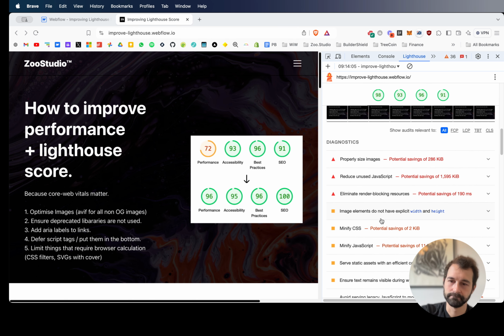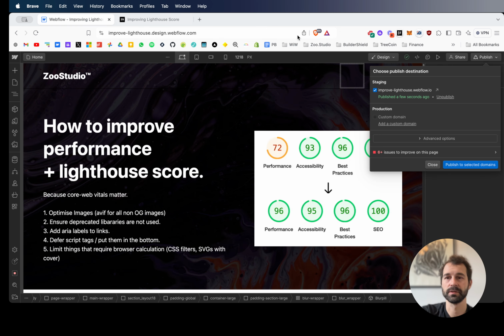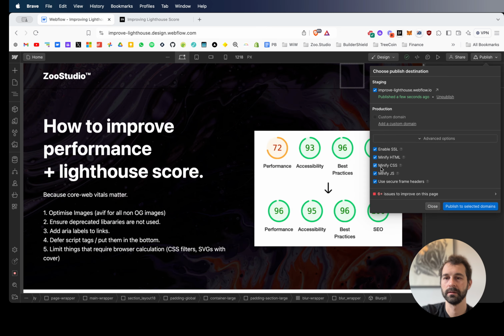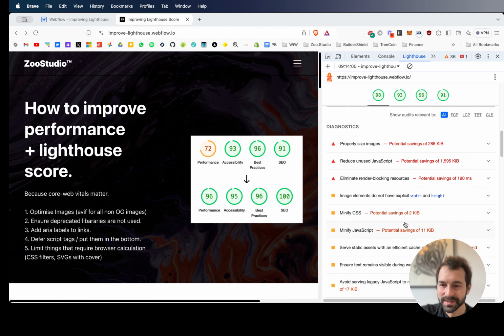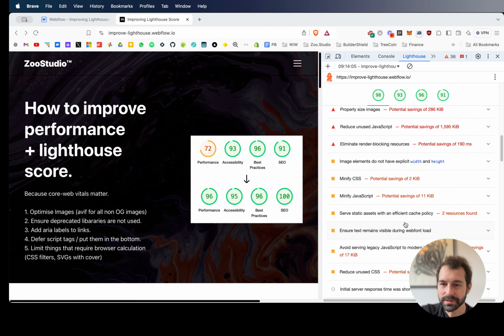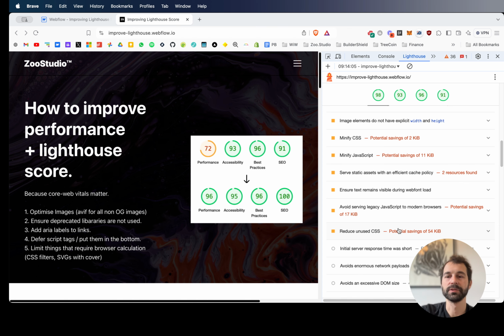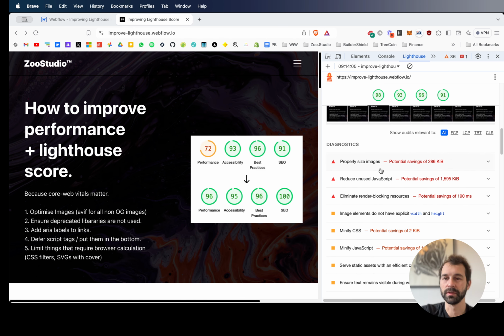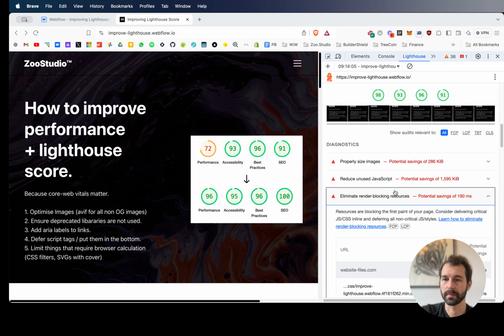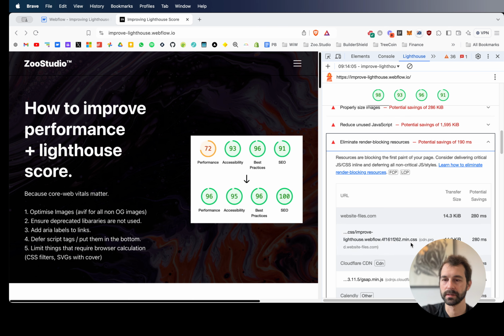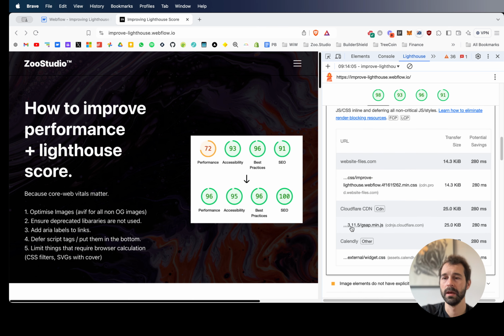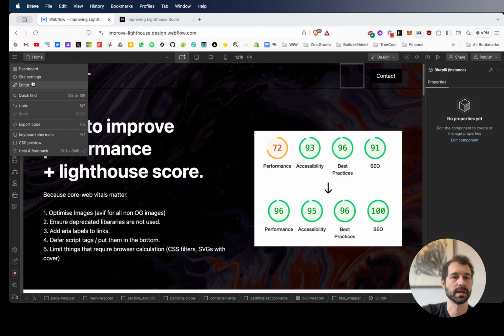Minify CSS, minify JavaScript, we can do that here. Well, it actually is minified. Short text remains visible. A bunch of this stuff is kind of Webflow stuff. Like this is pulling in the CSS, but we do have this GSAP Cloudflare and CDN and Calendly external CSS widget. So let's jump over to the site settings